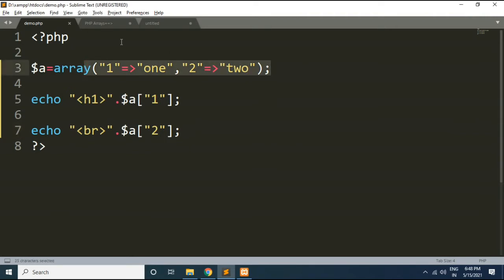You can observe the difference: in a numeric array we were able to directly specify the array elements, but here we need to specify the key value, which defines the association between the key and its value. So there is a key value pair in an associative array.